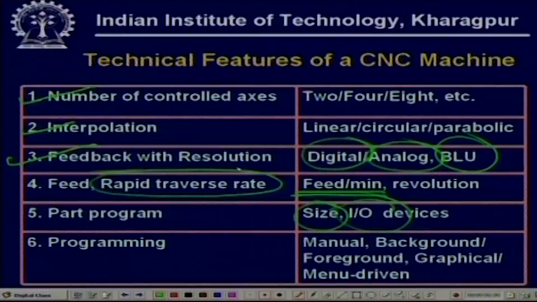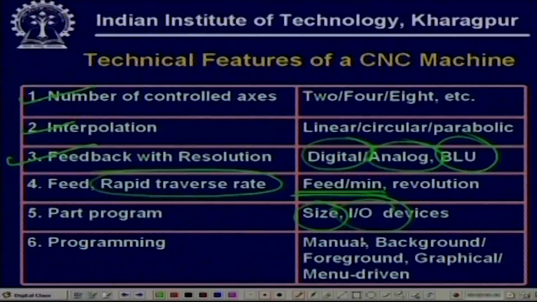Also some programming parameters, that is, if the operator or some engineer wants to develop a new program, how easy is it, and how is it to be loaded. So there can be various methods, for example only manual, or background and foreground. When you have background, then you are actually doing things normally, but you can always go to what is known as the background and start developing some program, while in the foreground